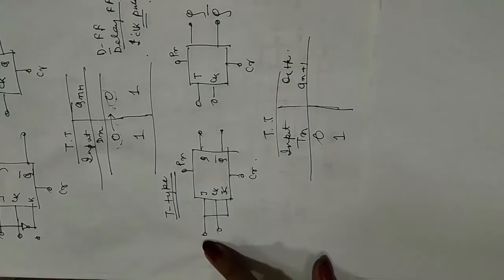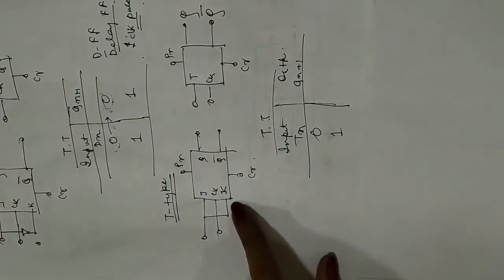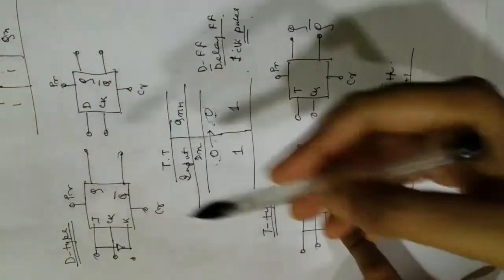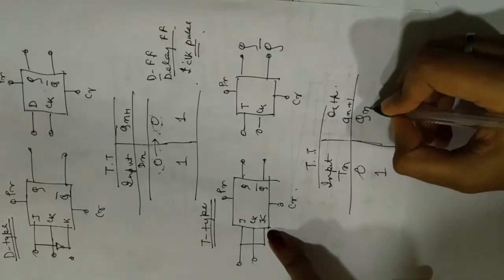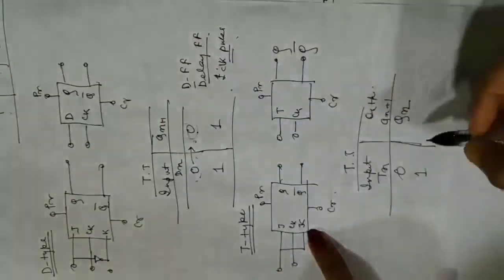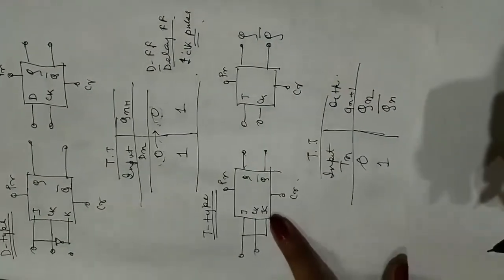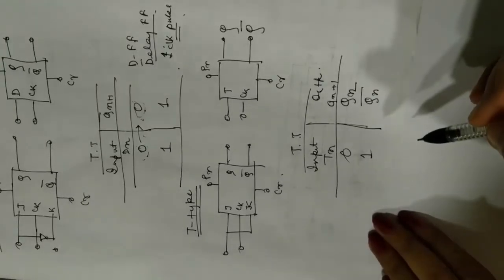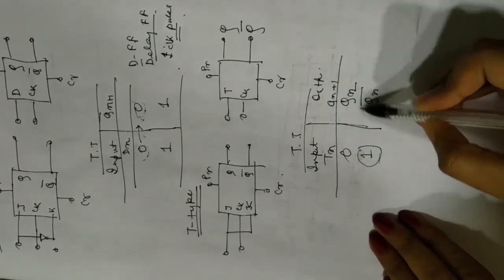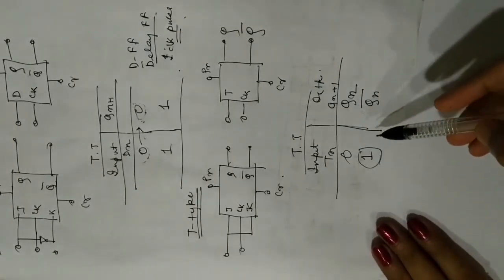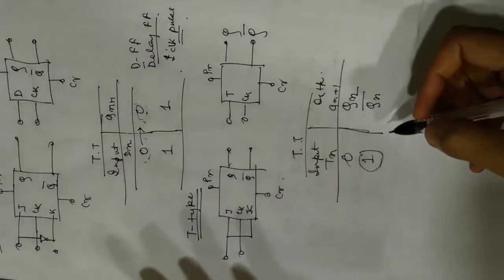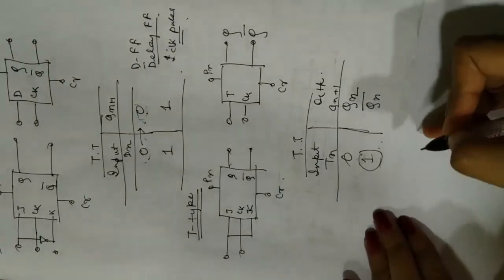Now have a look at the circuit. If your J is 0, it automatically makes your K 0. So when J and K are 0, from the truth table we get the previous output. So our output is Qn. When J is 1, K automatically becomes 1 and a 1 1 input gives me a Qn bar, right? And this is where the name comes from. We can see when the input is 1, our previous output changes. That means the value of the output or the value of the initial state of the flip-flop toggles on the application of T is equal to 1.